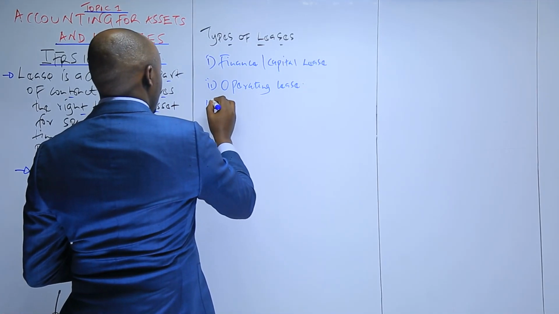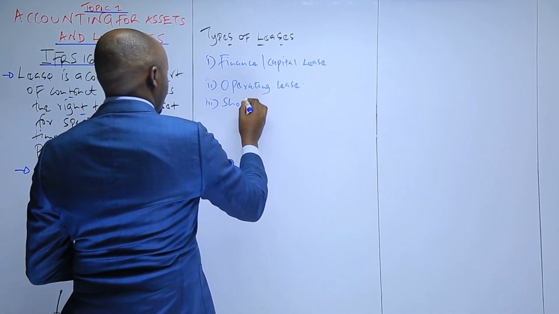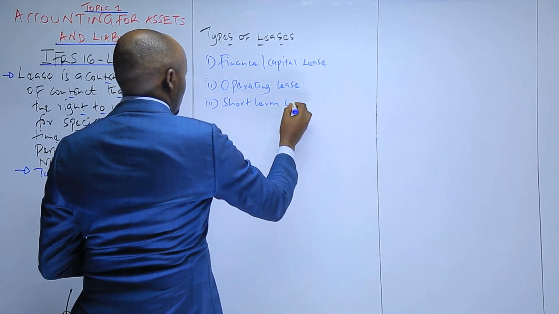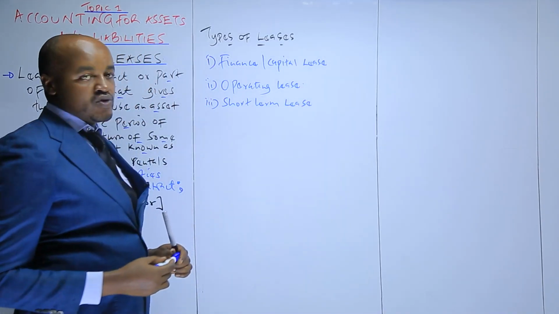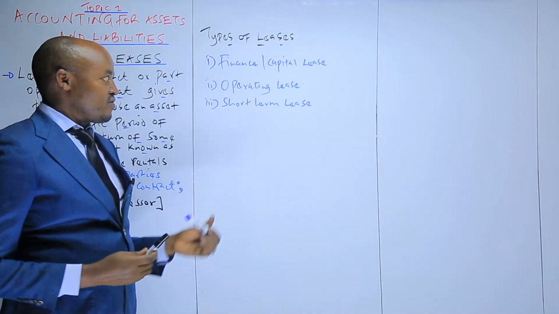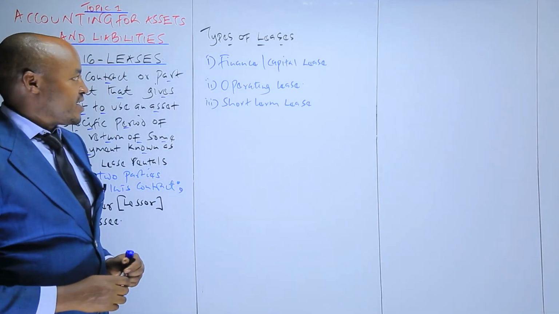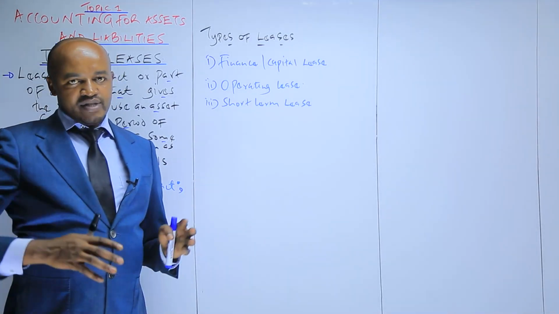And then number three, we have what we refer to as the short-term lease. So therefore, leases are classified into those three categories. Now, first of all, when we talk about a finance or basically a capital lease, we say that these are